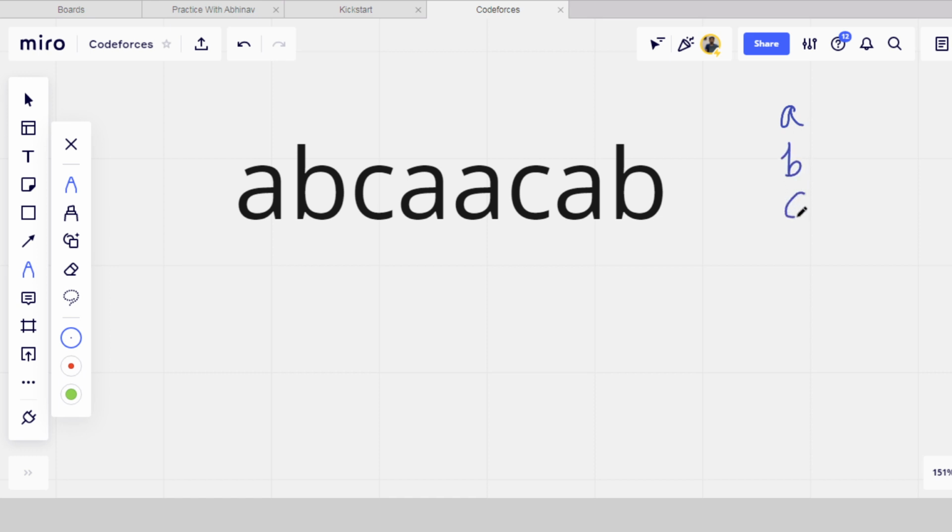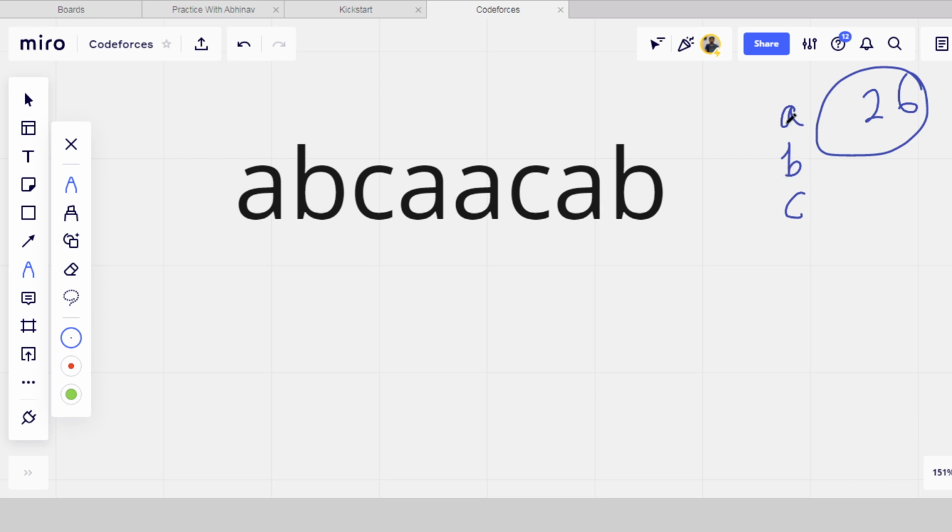So first, let's see which letters are available. First of all, we will count how many alphabets are there. Maximum there will be 26 alphabets, there cannot be more than 26. We can store them in a set, so that we know how many alphabets are there.